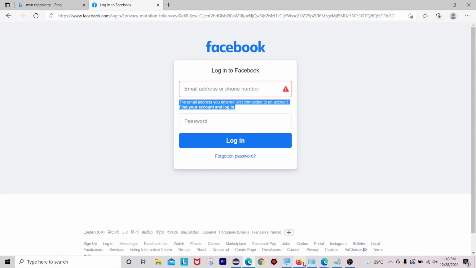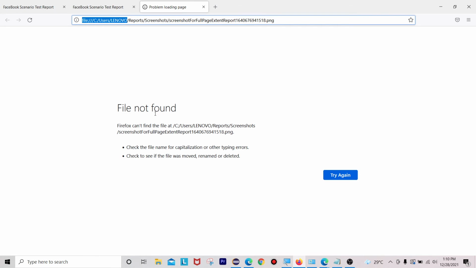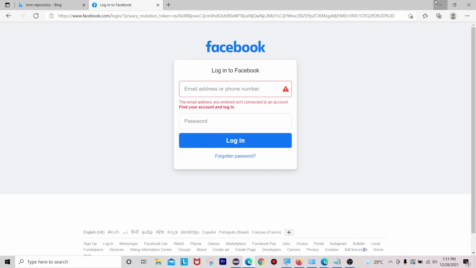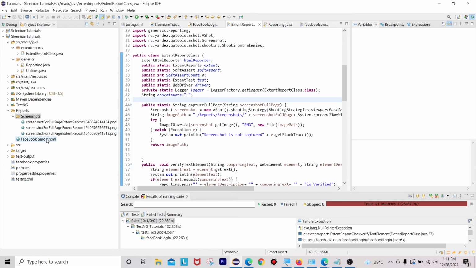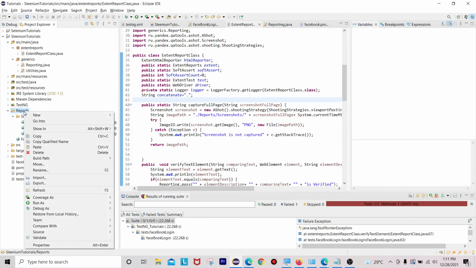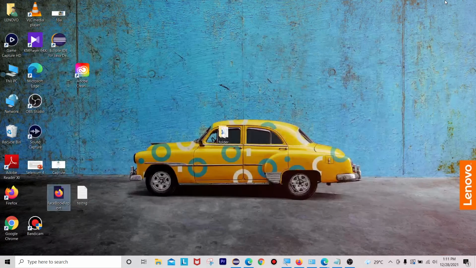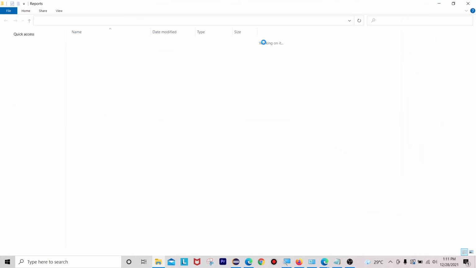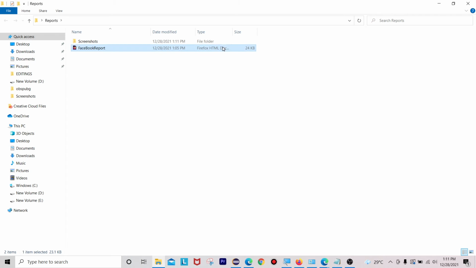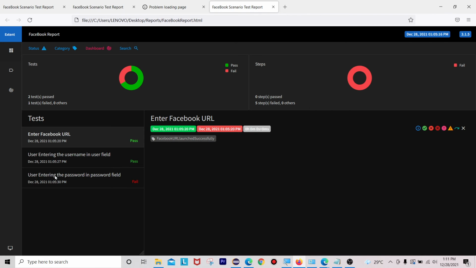Sorry, in Firefox can't find file at C users. Okay, maybe we are adding one more. Okay, okay. Now I got to know why. So let me quickly copy this folder. Okay, now it will work. Copy this folder. We are doing the correct way only. Okay, now if you open this report one more time, now you can see here,